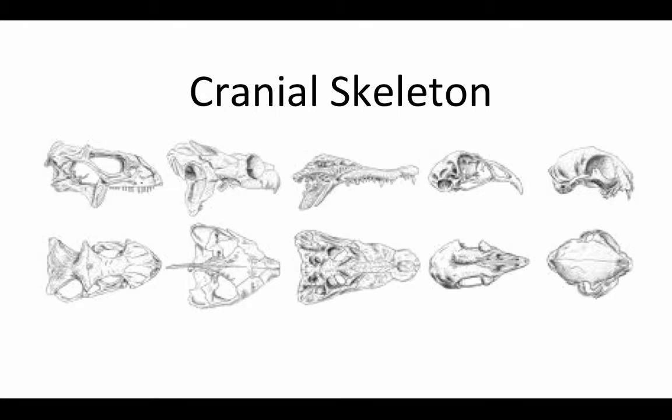You've now been introduced to the evolution of skeletal systems in the vertebrates, and you've learned a little bit about the properties of skeletal systems. And so now we're going to start looking at the different components of the vertebrate skeletal system, beginning with the cranial skeleton, otherwise known as the skull. In this web lecture, I'm going to present the organization, the development, and also the evolutionary history of the cranial